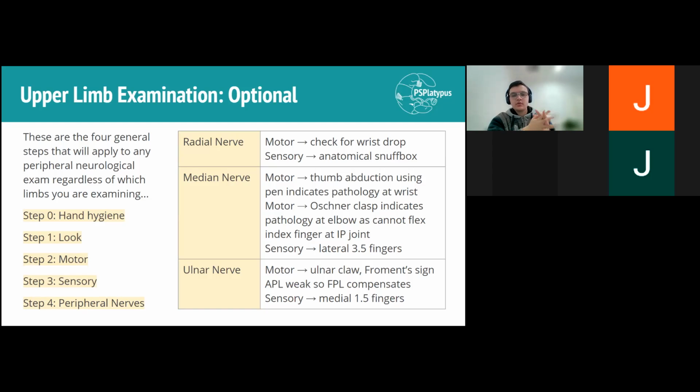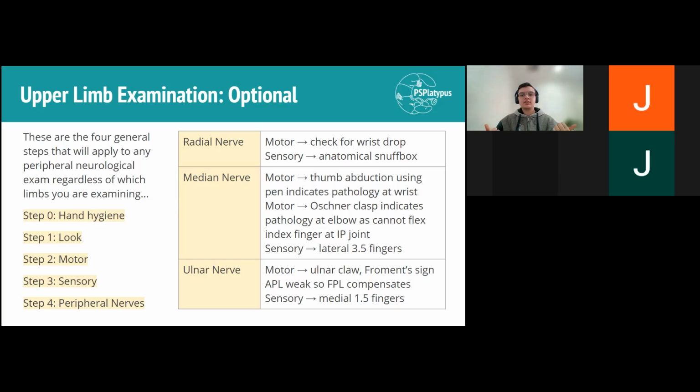Median nerve, you want to think about two ways. Two ways you want to look at it is at the wrist as well as at the elbow, because you can have pathology in either spot and it'll actually result in different presentations. So if you have a pathology at the wrist, you will have a loss of your thumb abduction, because remember, some of the intrinsic muscles, especially of the thenar eminence, are going to be innervated by the median branches of